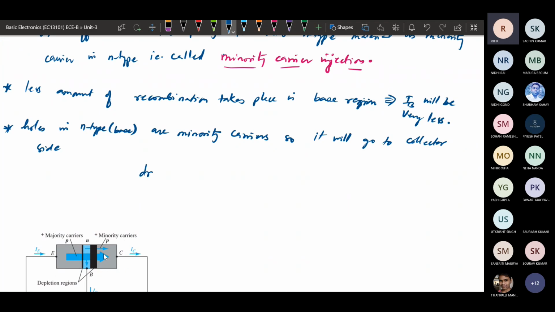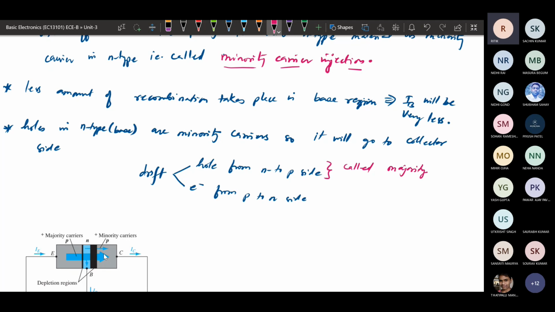In the reverse bias case, drift takes place such that holes from the N region go to the P side, and electrons from the P to the N side. This movement of holes from the N region to the P region is called majority carrier injection.